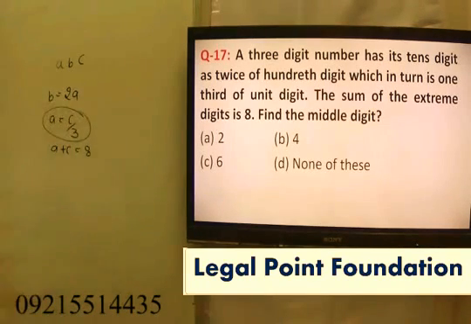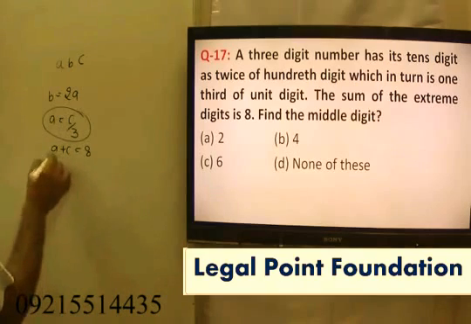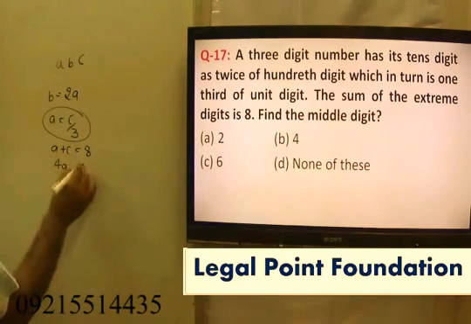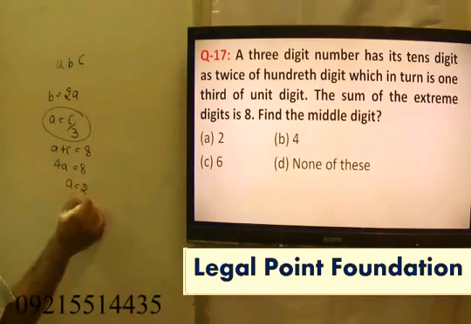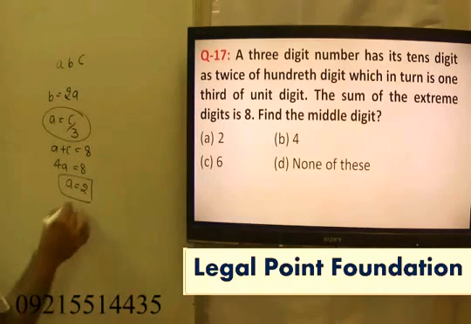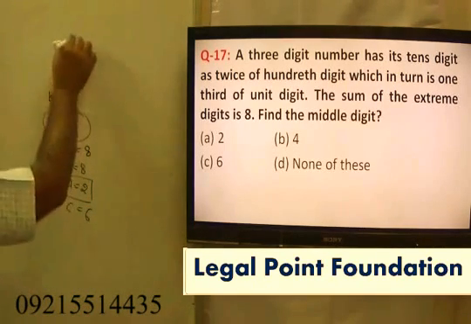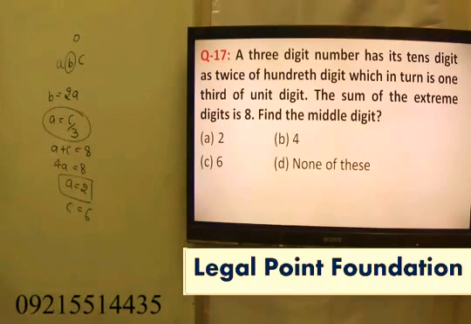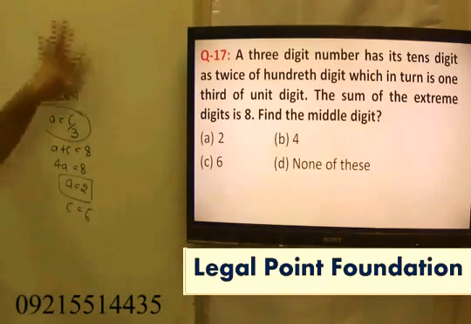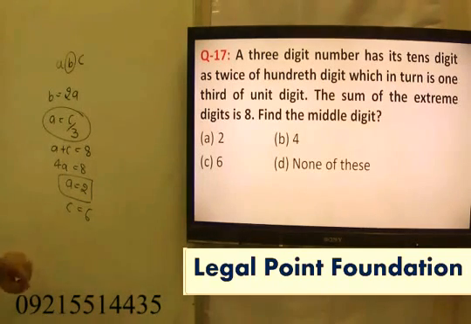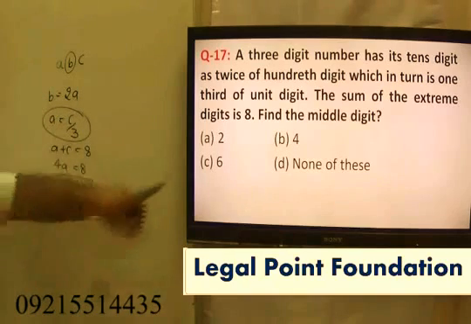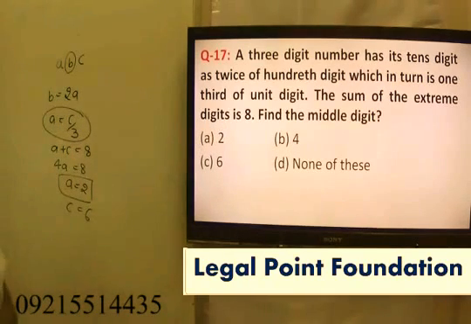We can find the extremes here. That is C is equal to 3A. तो 4A is equal to 8. A equal to 2. 8 2 है, ठीक है. तो what is the C? 6. Sorry, I've made a mistake. Here I can say that A is equal to 2. It means B is equal to 4. Hence my answer is said to be B. The middle place is equal to 4.